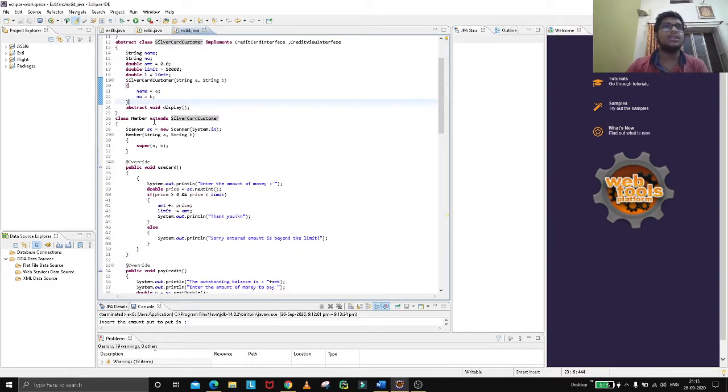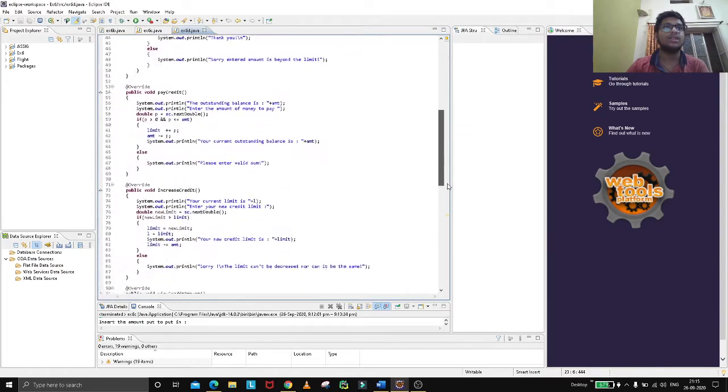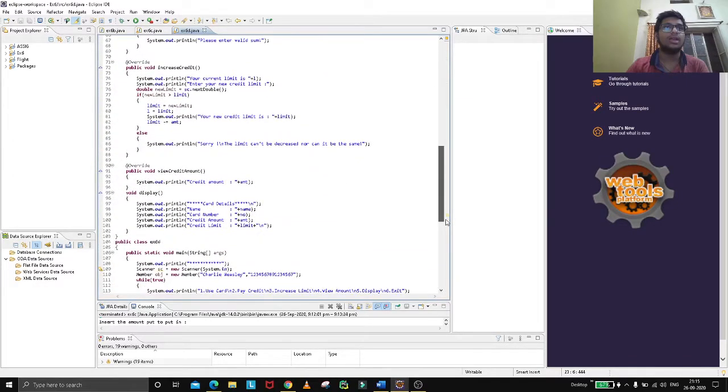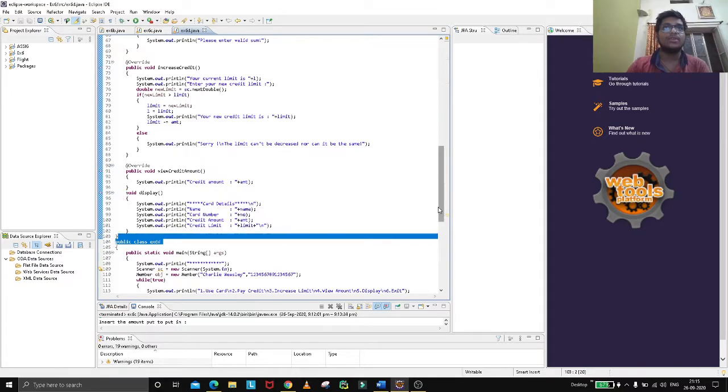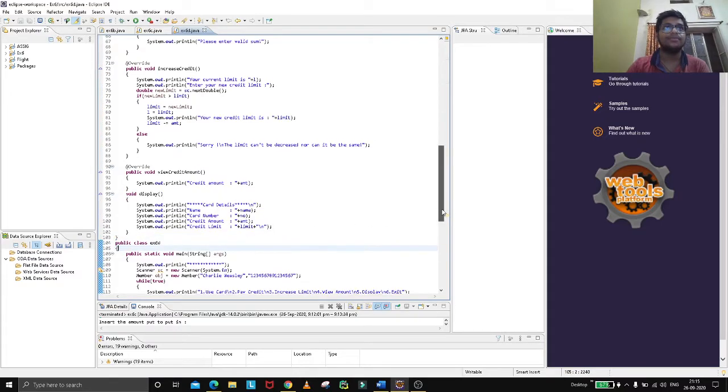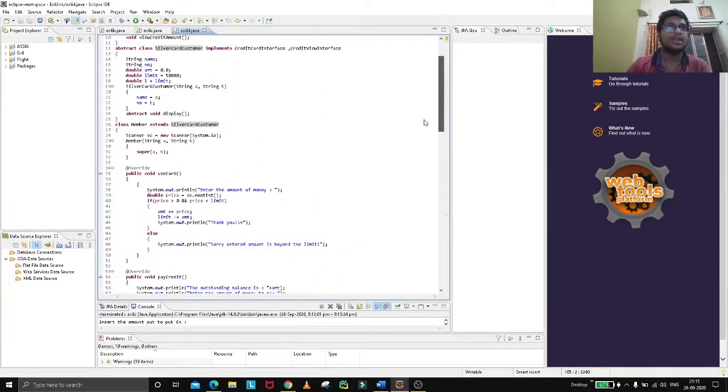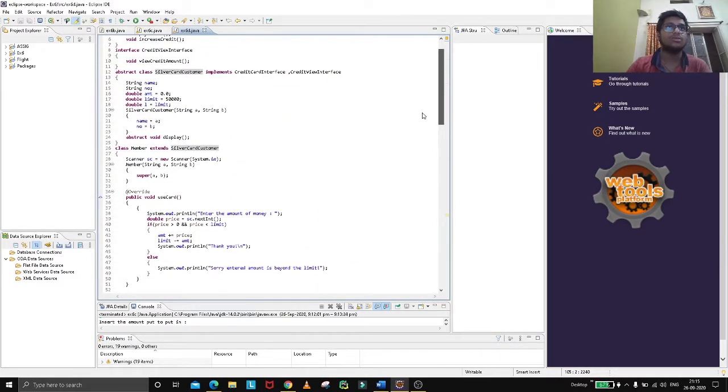For this abstract function, we can create the display function on our own. Here we can see this void display function is created in the member class which extends silver card customer, which is an abstract class.